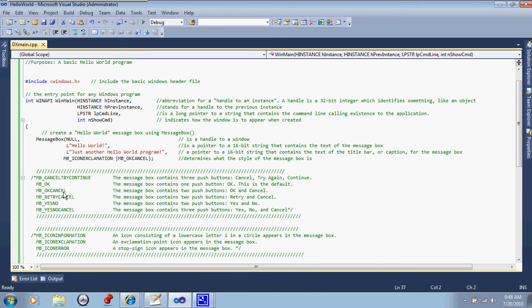We can change this. That's why I put this here so you can play with it, and see what kind of message boxes you can create. So you can do this on your own, but I guess I can do one for you. Like we'll change this, go here, copy, make this instead of OK cancel, we just make it OK box. And this one right here, we make this like